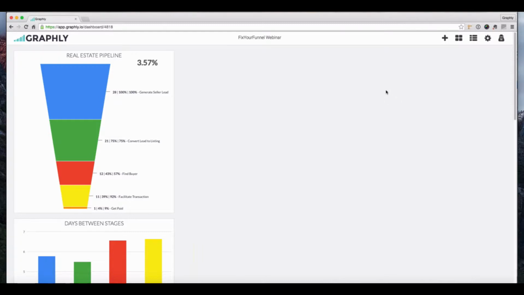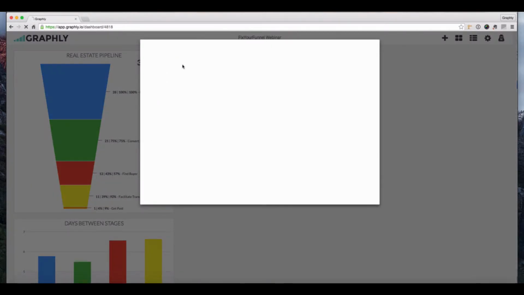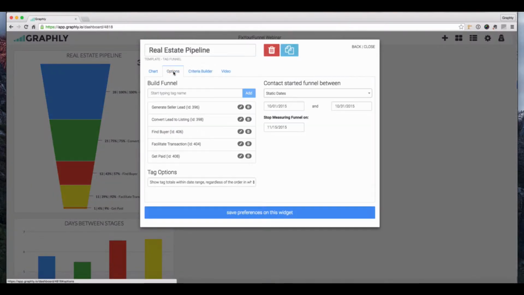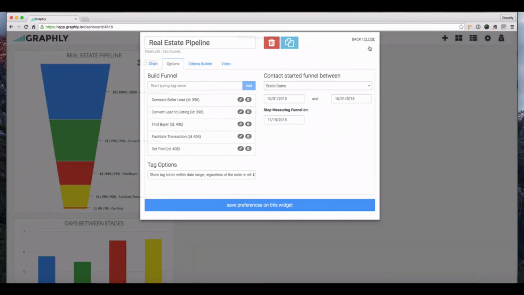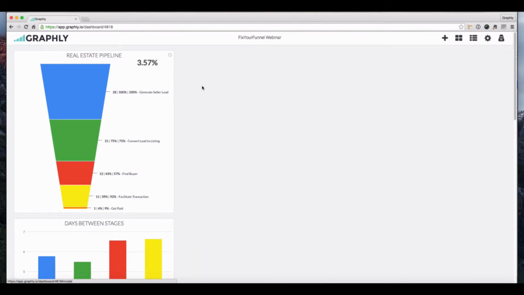So what I want to show you is what we call a tag funnel report. It's very easy to put together. If I actually just kind of dive into the settings here, all we did was we basically came in and we chose the tags that we wanted to measure, and it's all drag and drop. So we put them in the order of our funnel. So people are first, seller lead, then their listing, and so on. And then we choose a date range of how we want to measure that funnel. Once we've done all that, it returns this really beautiful